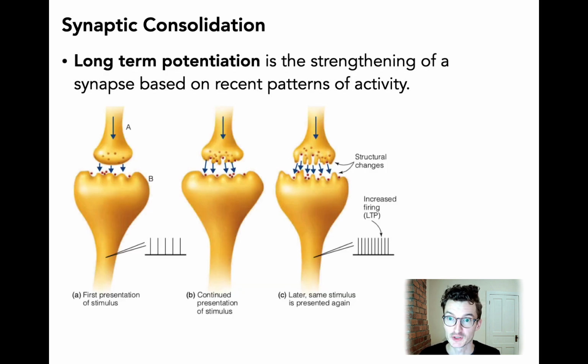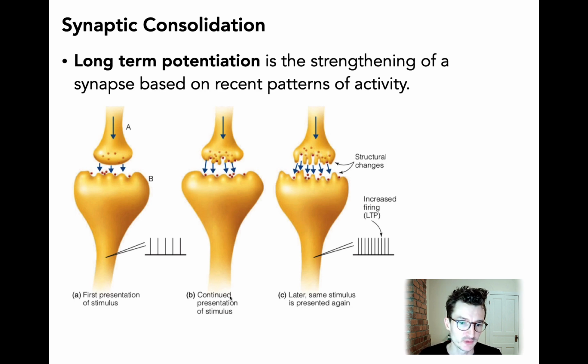And this is known as long-term potentiation. So it's the strengthening of this connection between the presynaptic neuron and the postsynaptic neuron. How does this work? When a presynaptic neuron and postsynaptic neuron fire at the same time, over and over again, the postsynaptic neuron actually inserts more binding sites in its cell wall, and these binding sites respond to neurotransmitters released by the presynaptic neuron.